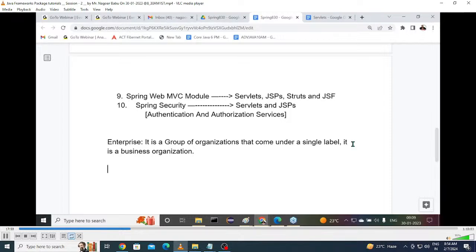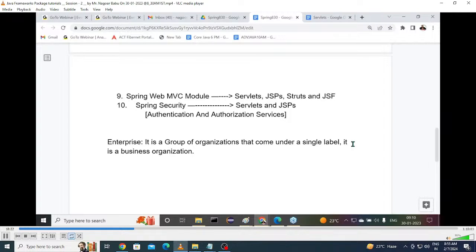We are giving very good services to the students, but students are paying the money and Durga Soft is giving services. Definitely, we are not allowing any student without payment. Durga Soft is never a charitable trust. Business is going on, but still it is not an enterprise.